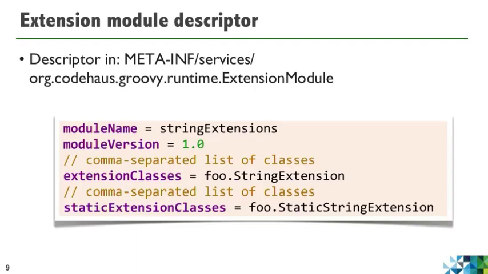For example, if you're creating a jar, you can put that file inside the jar, or as long as it's on the classpath, Groovy will discover that descriptor. In that descriptor, you're going to put a module name, a module version, and more importantly, a comma-separated list of class names for the instance extension methods, and another line for the static